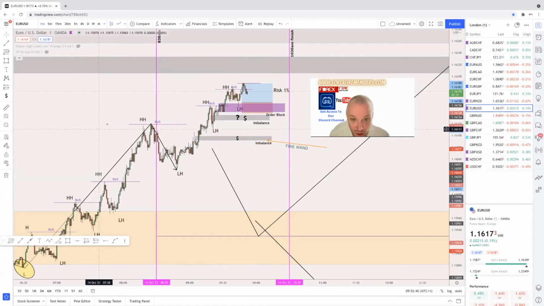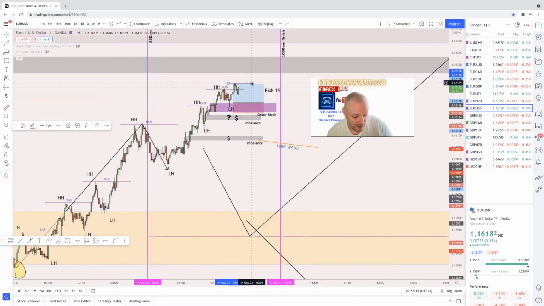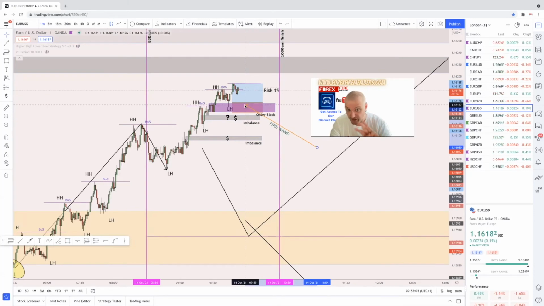So if we do start to come down and break our structure point areas, we can generally see, yes, we've had a fail. Yes, we had a loss, but let's understand why that loss is. Is it because it's coming back in to mitigate on one or two of these areas? So we're basically three things why this could fail. And I'm saying this ahead of time if it does happen. One, it could be imbalance here. Second reason why it could fail is because price wants to take imbalance.